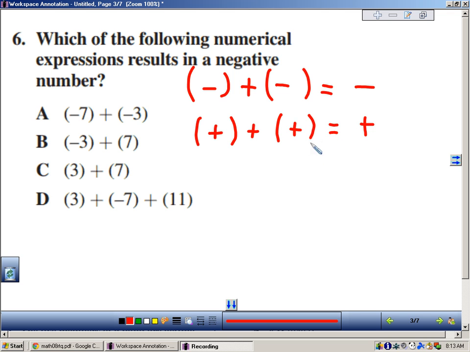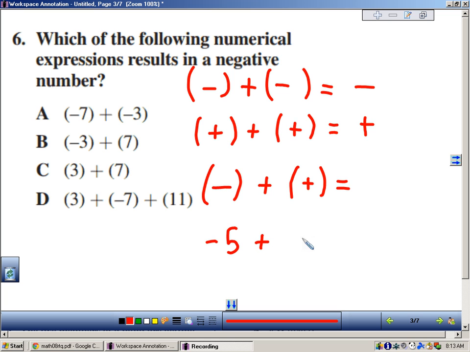Okay? Now, when you add numbers that have different signs, the rules are different. And how that works is you actually take the two numbers and you take the larger absolute value of the numbers listed, subtract them, and then you keep the sign of the number with the largest absolute value. So here's an example of this one. I'll give you an example. So let's say I have -5